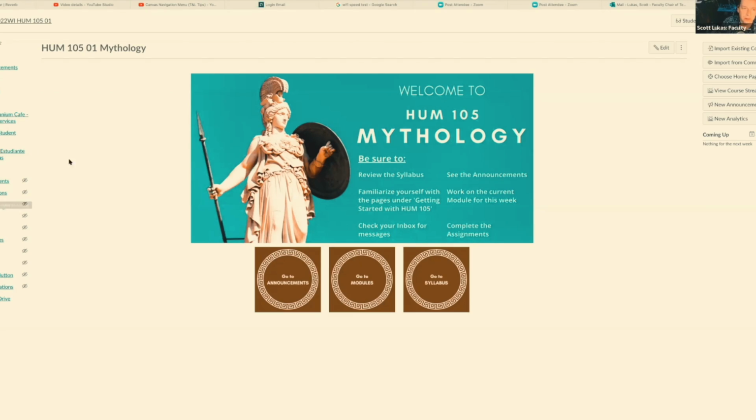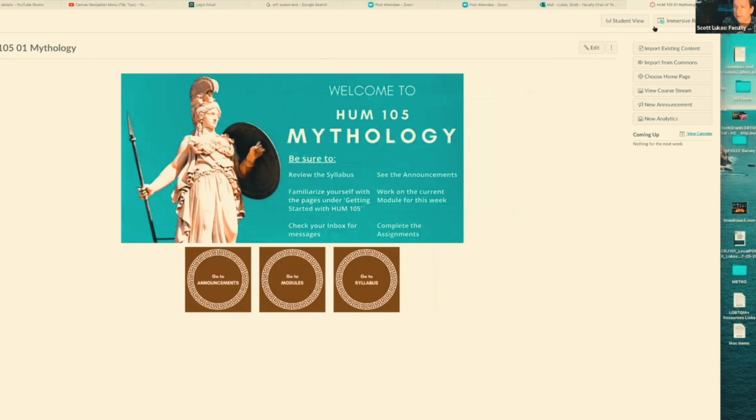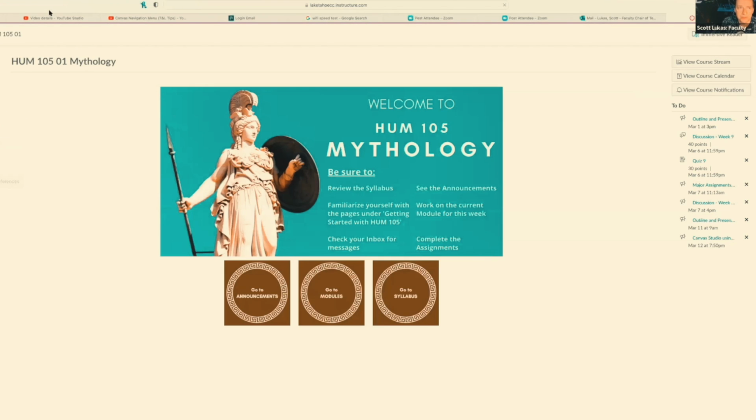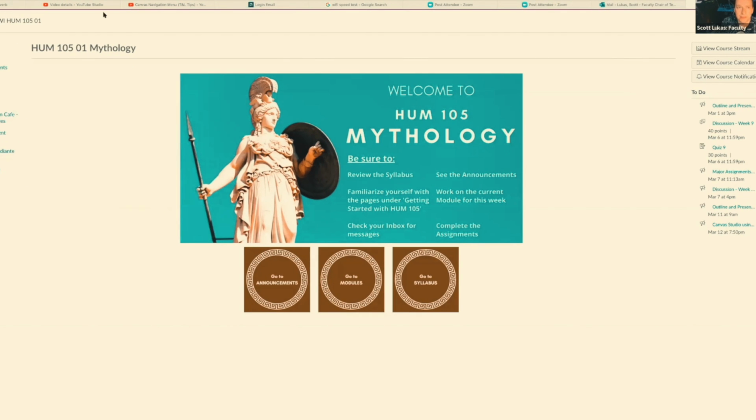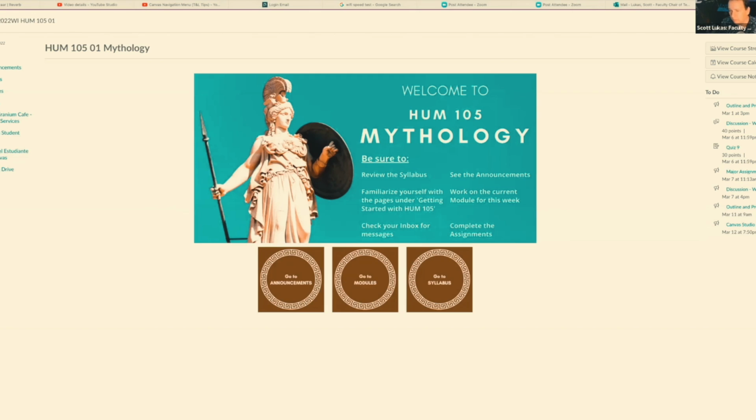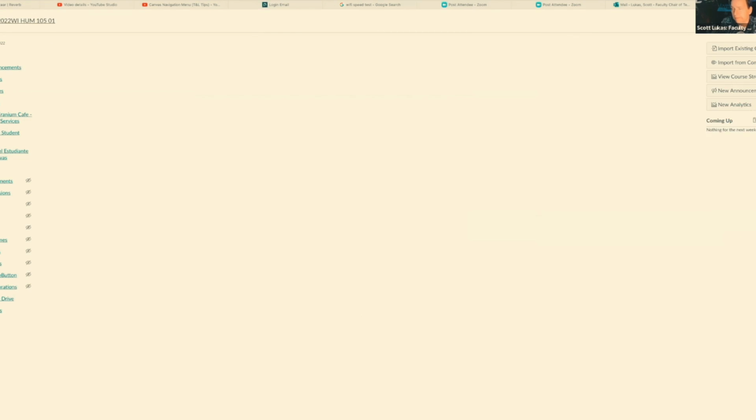I love the design on the Canvas side of the user interface for faculty, because you can still access all this. It's just not visible to the students. Anytime you want to see that, click on your student view icon, and then all those disappear. So the students do not see the same things that the faculty member sees. I think it's really handy to have that.